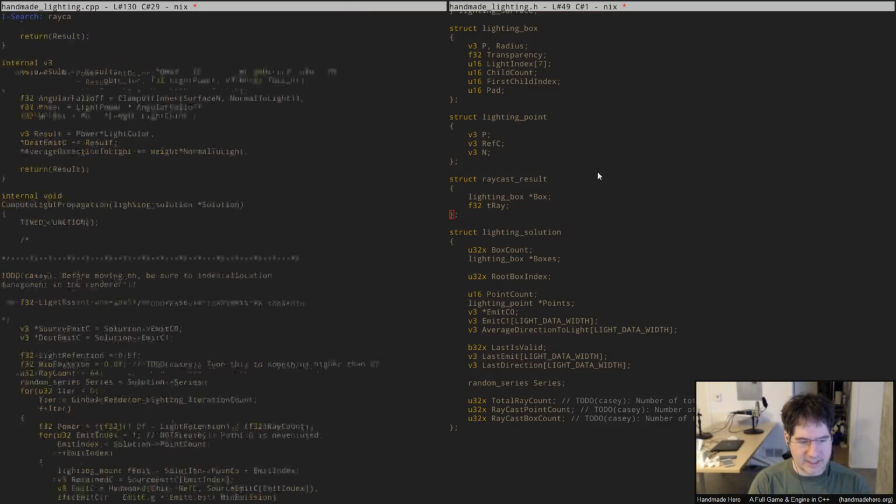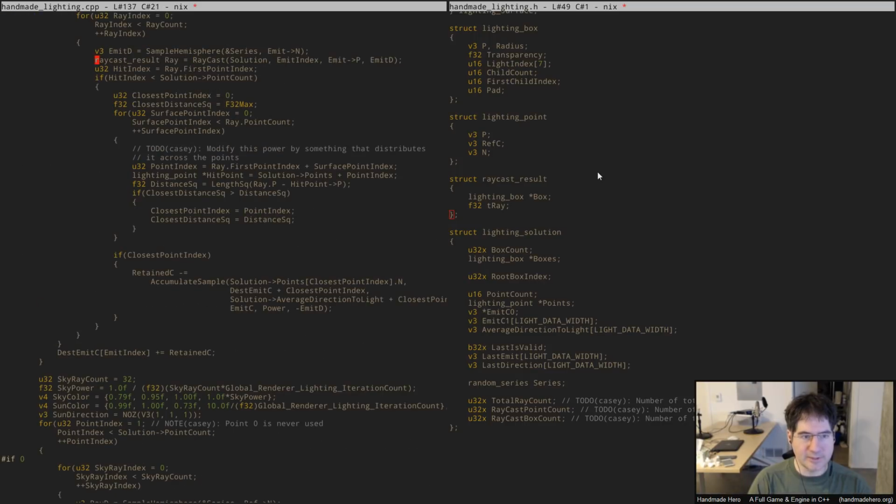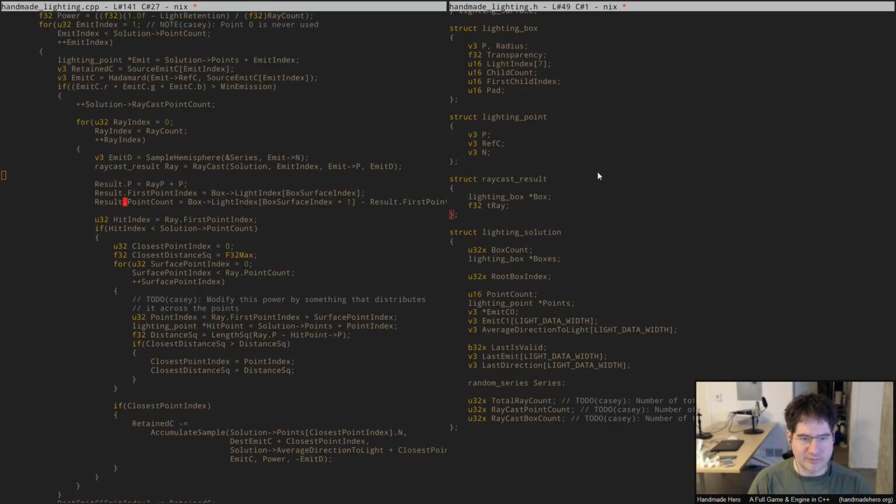After you do the raycast, which happens right here, then it has to produce this information in a different way. So what it'll do is say, well, okay, I needed this piece of information, so what I can do is just get it like that, right? Pretty straightforward. And all I really need is the box surface index here. I need to note